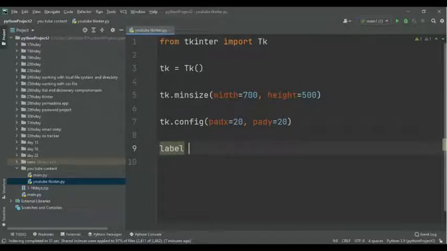Label. Now you should implement another class which is a label. A label is simply some text written inside the GUI, inside a screen. Now we are giving a label class here. Just implement the label class, and we are giving the label class text equal to,